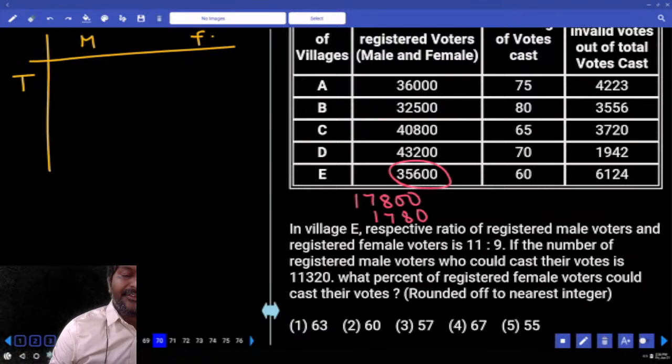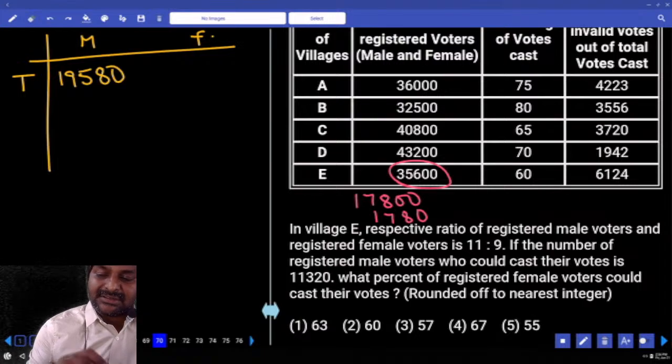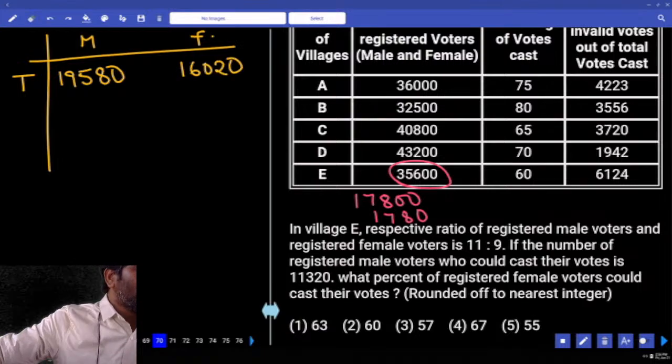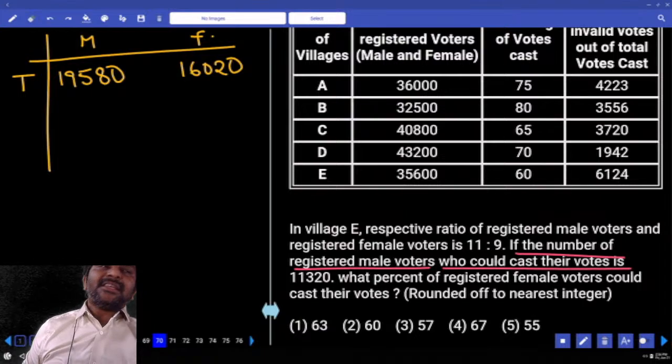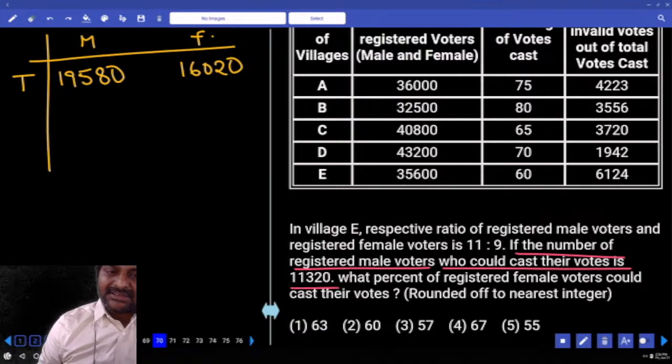55% is the sum of both the numbers, which is equal to 19,580. 45% is the difference of both the numbers, 16,020. Is it clear? Next, the number of registered male voters who cast their vote is